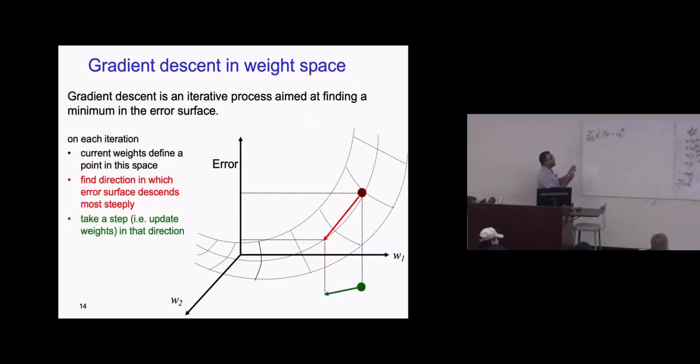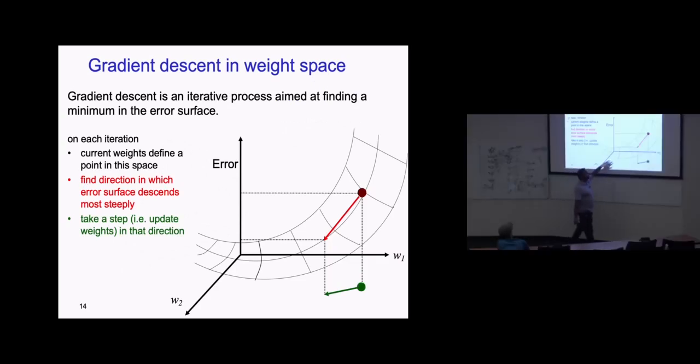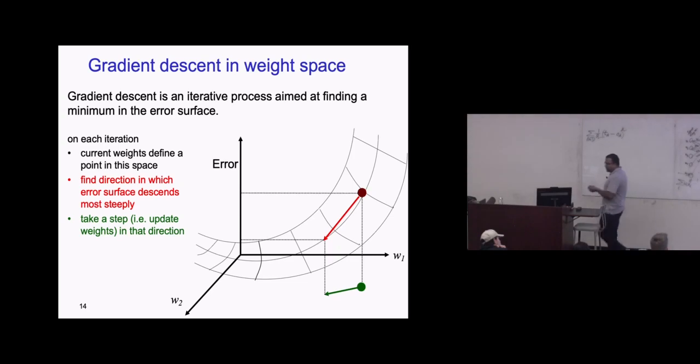In another visualization, this is the same gradient descent in 3D space. You have W1, you have W2, you have that error, and at this point, you see that this is the direction where this loss function goes down. So in this 2D space of W, you make a move in this direction, right? So this is the 3D space move, this is the 2D space move, right? That's what gradient descent helps you with.